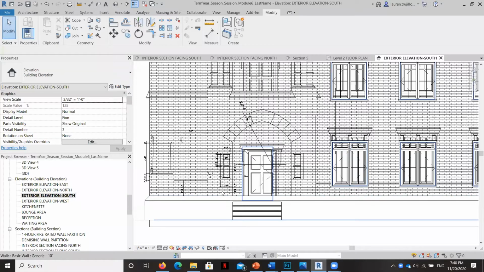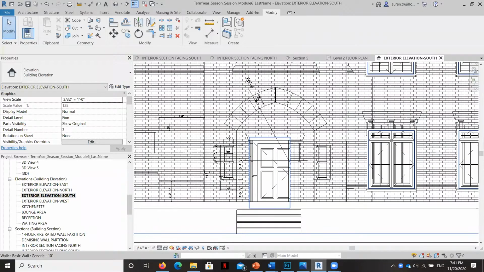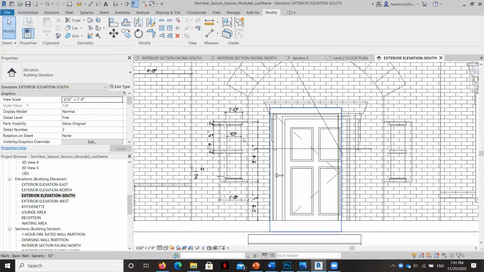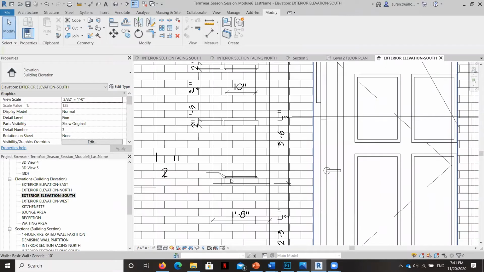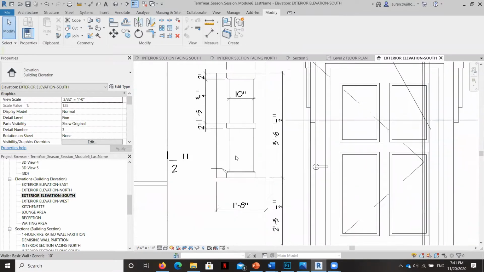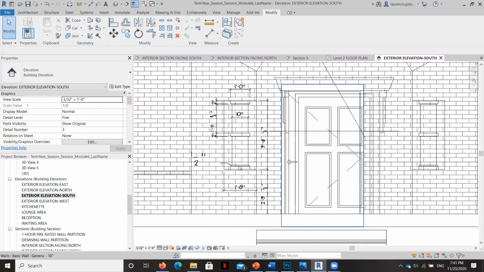In this video, I'm going to teach you another one of the model in place commands, which is the revolve command. And we're going to use this to create these columns right here. Now, these columns could be created with extrusions, which we'll learn in a little bit, but it's quicker to make them by just a simple revolve command.